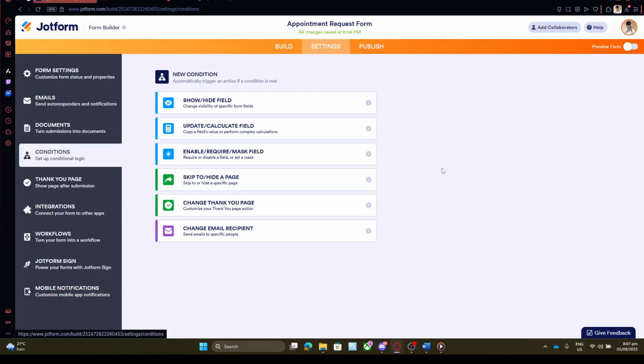That's it. With these steps, you've set up a dynamic appointment request form using Jotform. Remember, the key to making the most of Jotform's capabilities lies in understanding the needs of your users and using conditions effectively to create a seamless experience. Whether you're gathering information for scheduling or managing appointment requests, leveraging these features